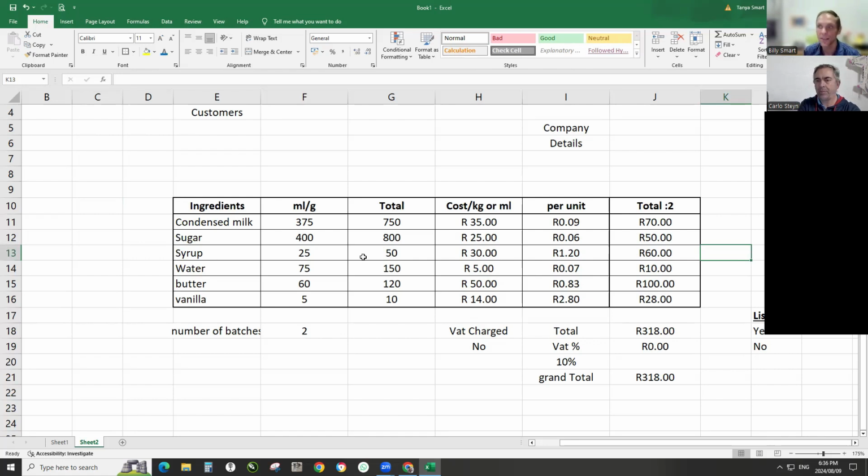Definitely try and replicate this, and then as a real challenge, go and build yourself a little calculator to calculate what it costs you to make 10 coasters in terms of MDF and in Perspex. But use one table where you can just change your material, MDF or Perspex. That's your yes or your no. It can be your MDF or your Perspex, and then see how you can work that in. If you follow it, you'll basically just replicate what we've done here by planning your data out a little bit. But yeah, guys,